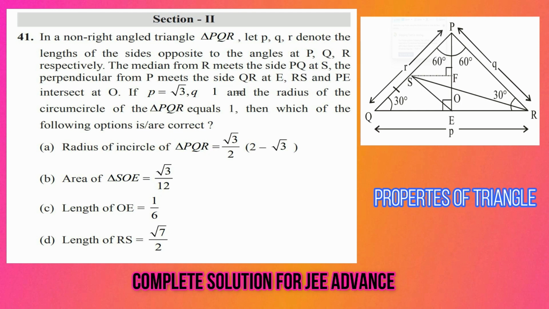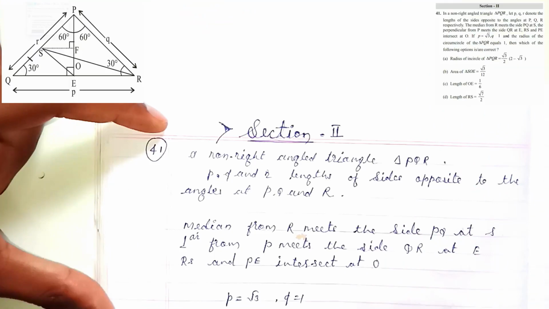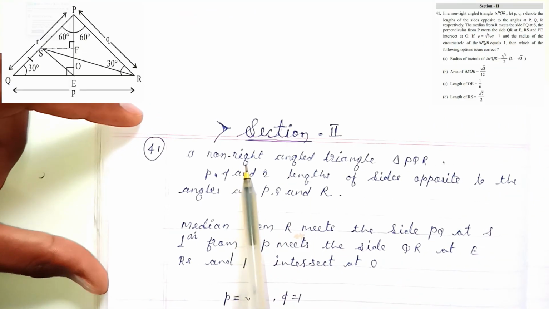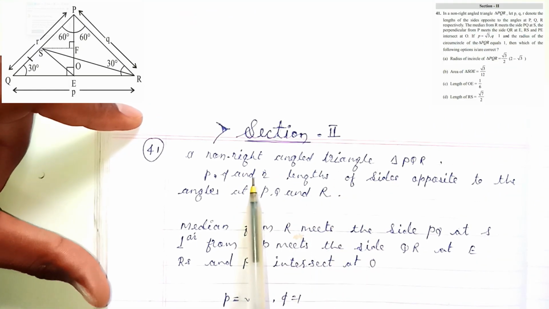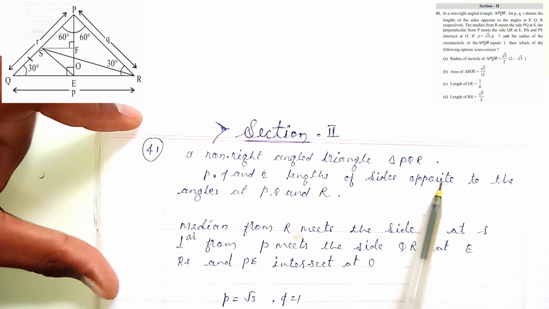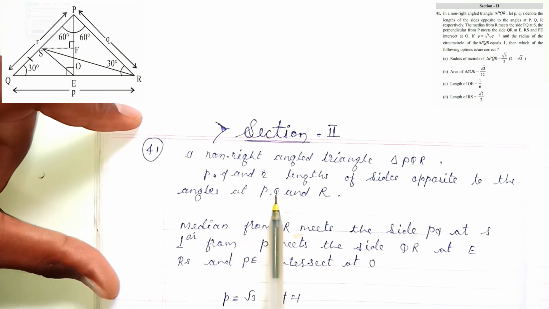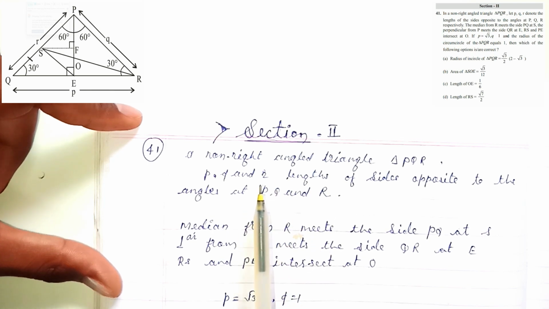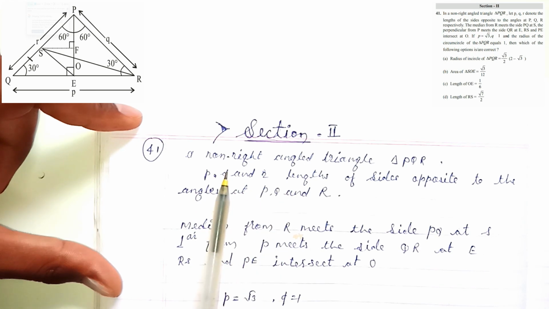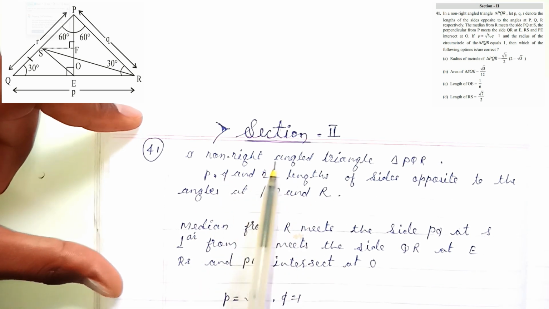Then we will move further to find our required option. Here we have a non-right angle triangle PQR, where p, q, r are the lengths of the sides opposite to the angles capital P, capital Q, capital R, as we already saw in the figure. So capital P has small p, capital Q has small q, and capital R has small r